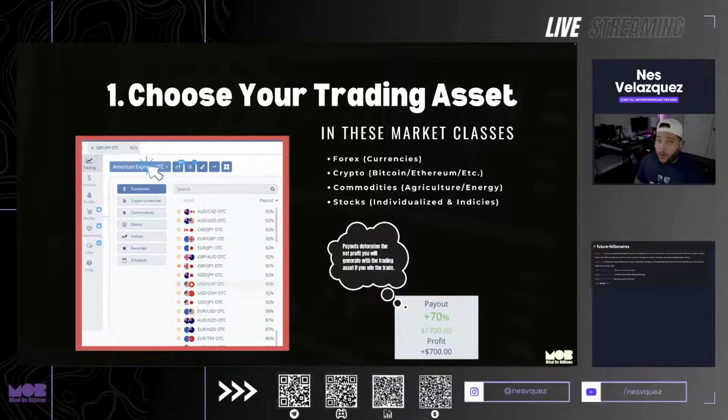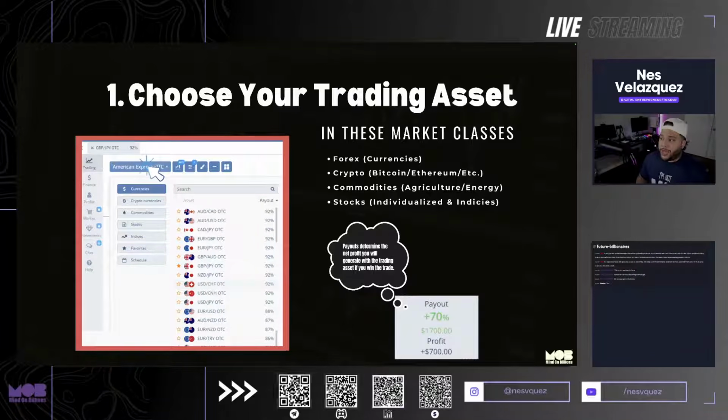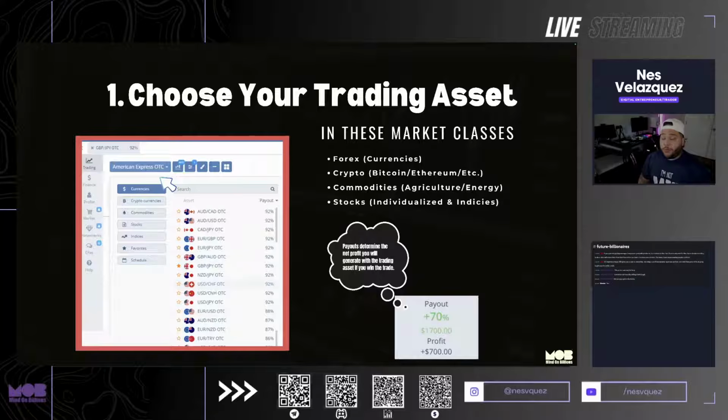Now, don't get me wrong. I do both. I do regular Forex trading and I also do binary options Forex trading because there are advantages with both. For example, Forex has prop firms like swaypropfirm.com. That's fire. That's an opportunity for people to earn a funded account and make more money faster. So there are advantages to both. So I don't tell people, look, go with one and not the other.